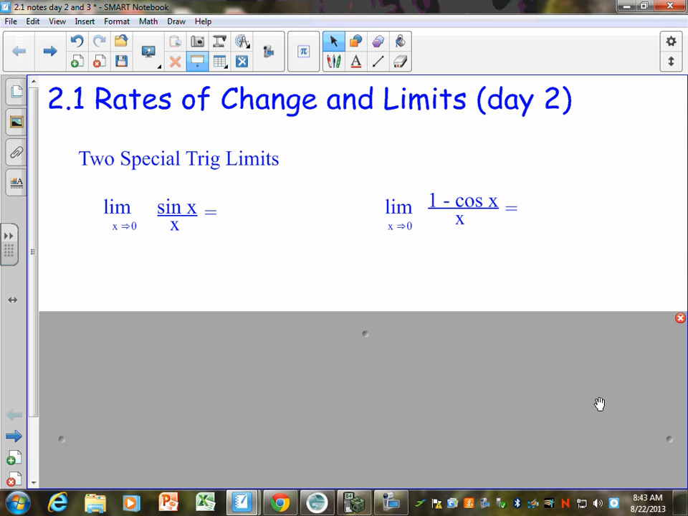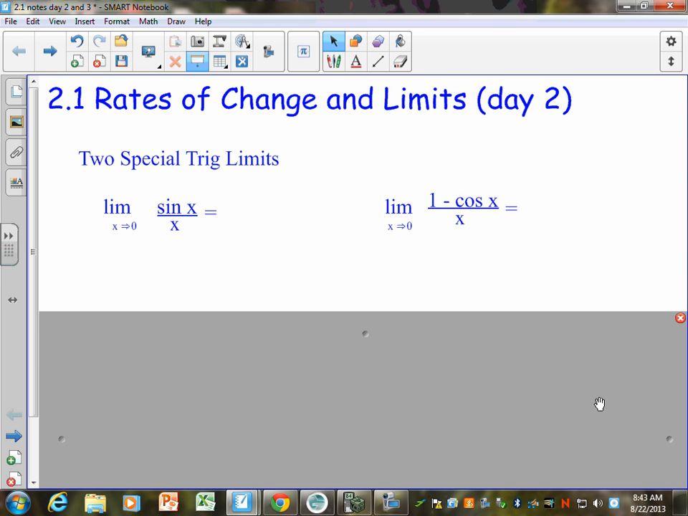There are two special trig limits that in calculus they just expect that you kind of remember. With a graphing calculator, you can always graph these functions and see what happens. But without a graphing calculator, if you don't just remember what it is, it's hard to get the answer because